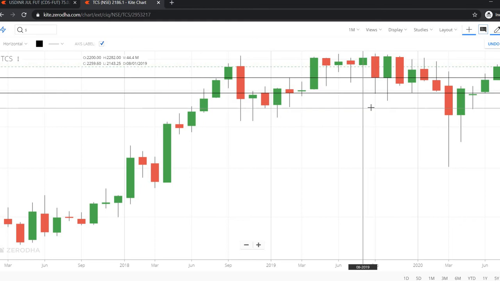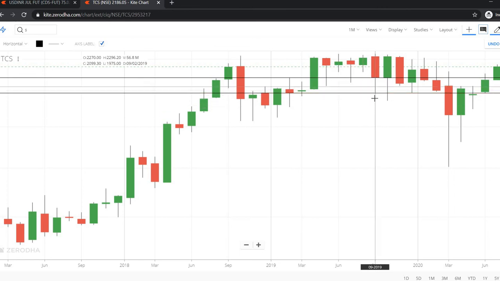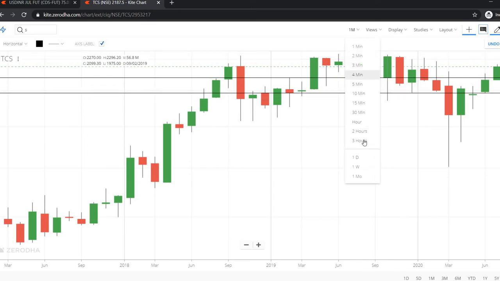But the thumb rule is the previous month should be a red candle, I mean a downtrend, and that should have a wick like this. Okay, the down wick. So choose that kind of stock. So I took it for September, for example September 19. Now see what happened in October 19.